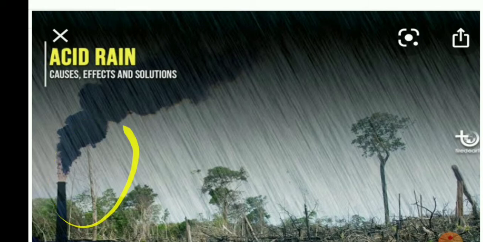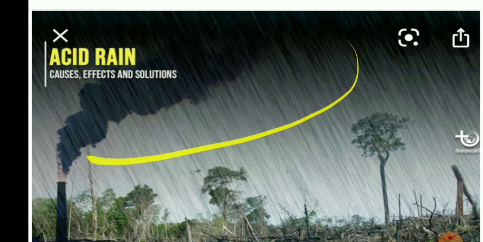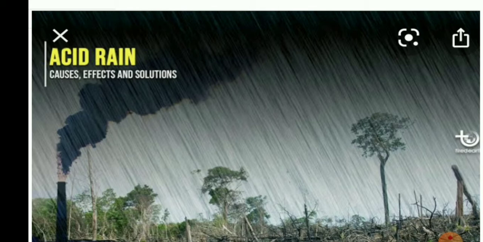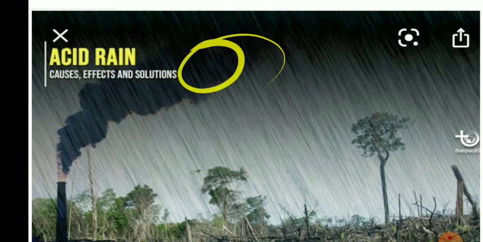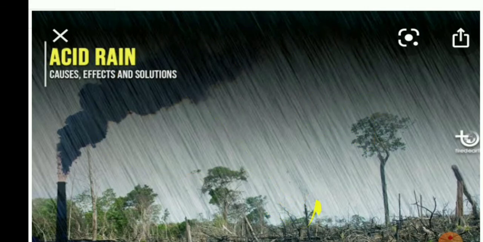See here, these are the industrial waste gases which are entering into the atmosphere. These gases contain NO2, SO2, NO, SO2 and CO2. Sulfur dioxide gas will be there. Nitric oxide will be there. Carbon dioxide will be there. Like this, they are liberated from the funnels near the industries. These are the waste gases, poisonous gases. When they combine with the rainwater, whenever it rains, they enter the earth's surface. This is the way it goes on.